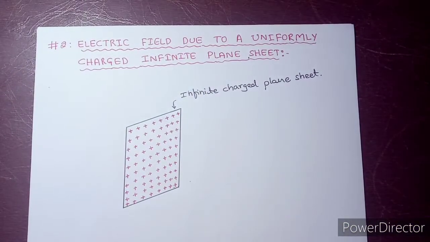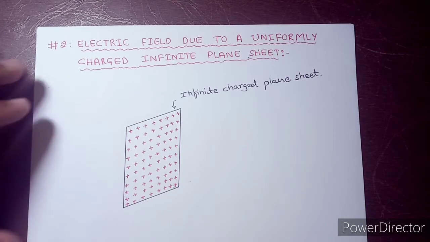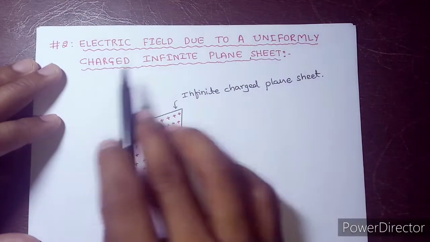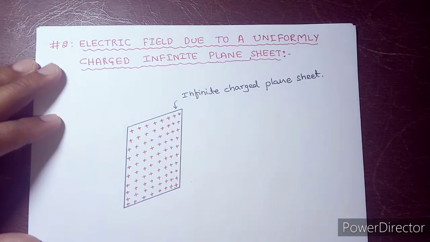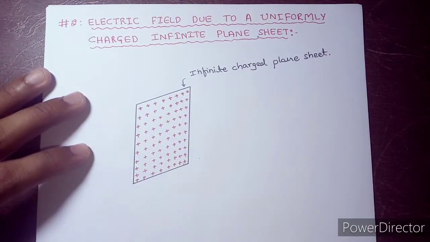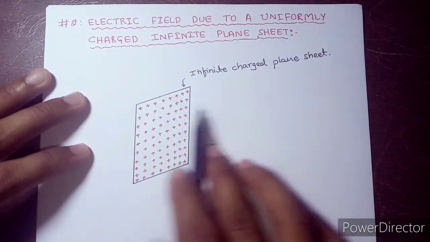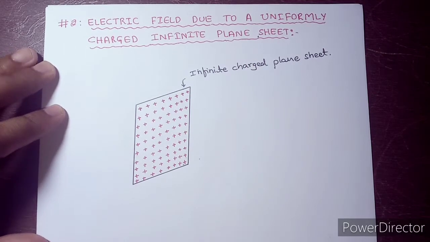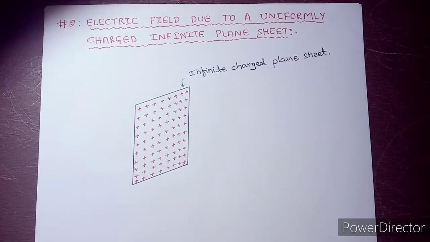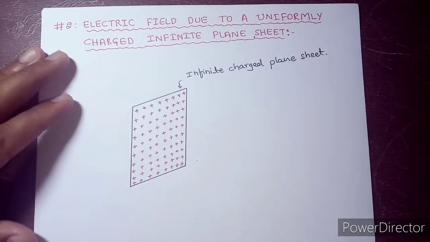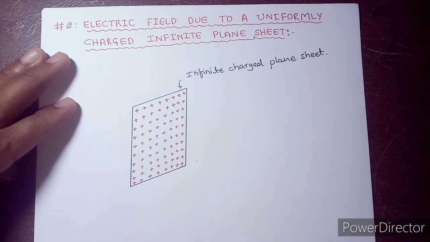Okay, we have the second application of Gauss law here, that by using Gauss law we can find the electric field due to a uniformly charged infinite plane sheet. So here I have constrained the sides of this plane sheet to this much only, but actually it extends till infinity. So here also I can find out the electric field by using Gauss law for this distribution of charge in this plane sheet. So for that, what we have to do? We have to consider the Gaussian surface.